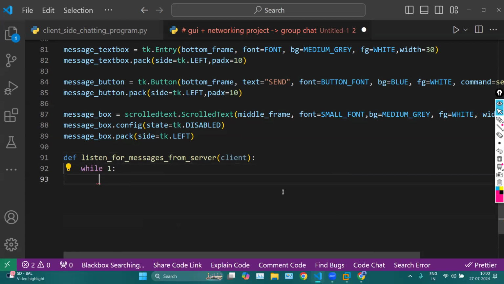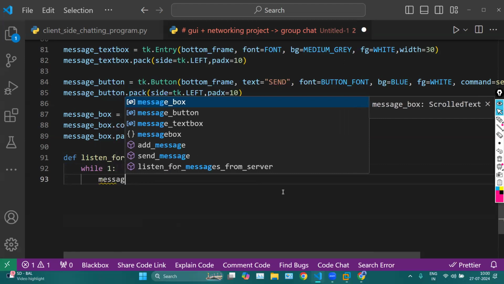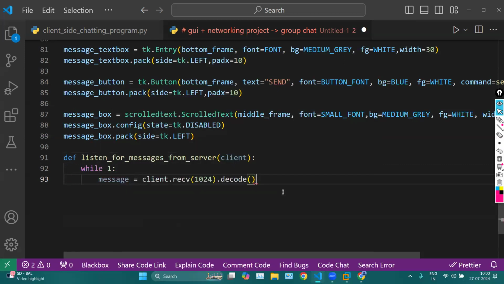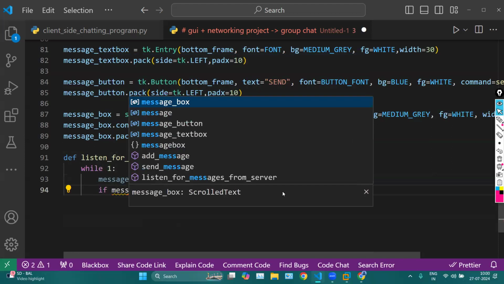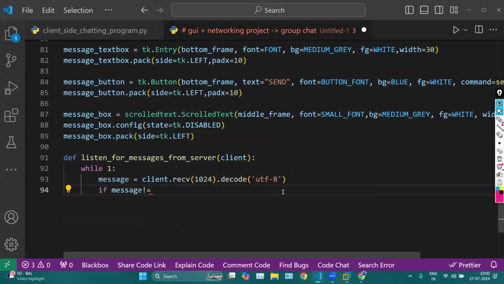I will store this inside a message. The client will receive the message and decode it. Here I am decoding the message in the form of UTF-8. Then, if there is some message,